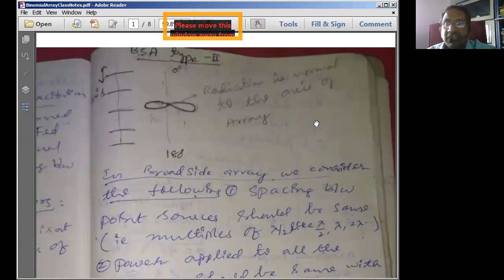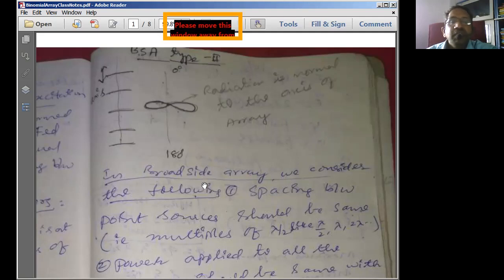So in the exam, they are asking about broadside array and endfire array, sometimes for 8 marks, sometimes for a total of 15 marks. So therefore it is better we write separate notes, separate concepts for the broadside array as well as the endfire array, even though we discussed them while we were discussing basic antenna arrays formed by various isotropic point sources, right? So we'll just go with this now.